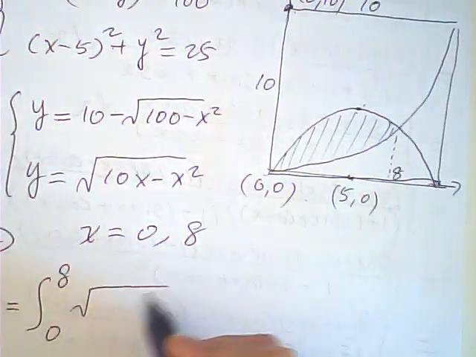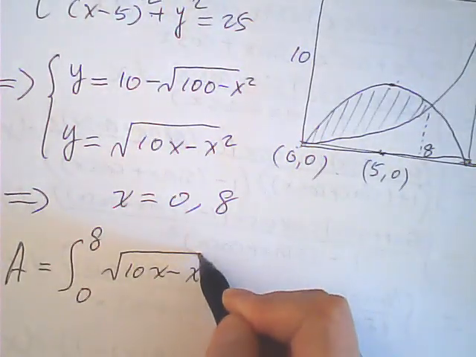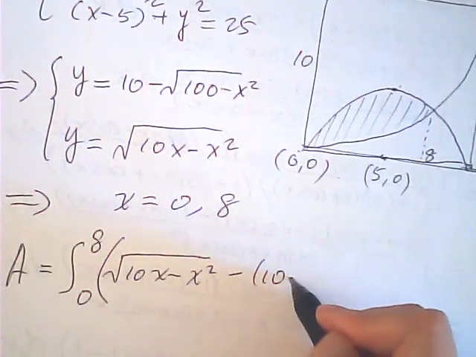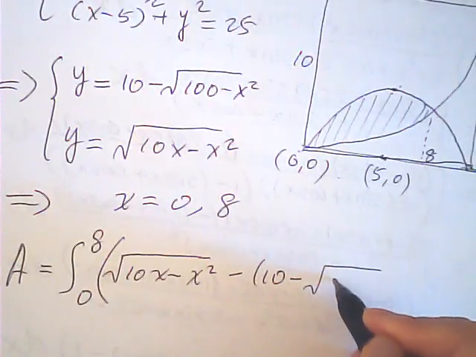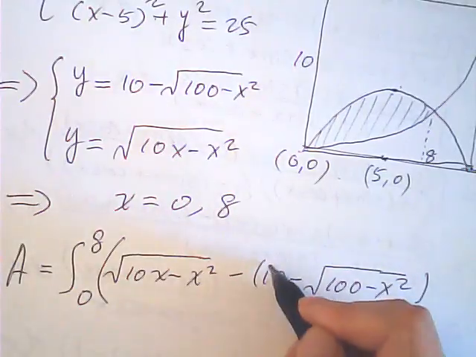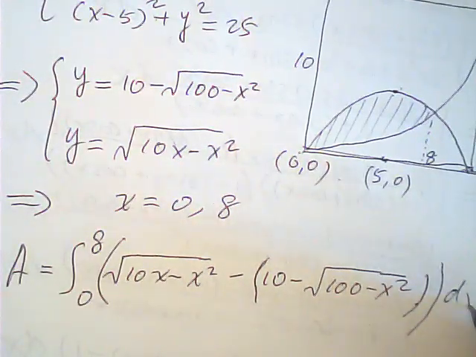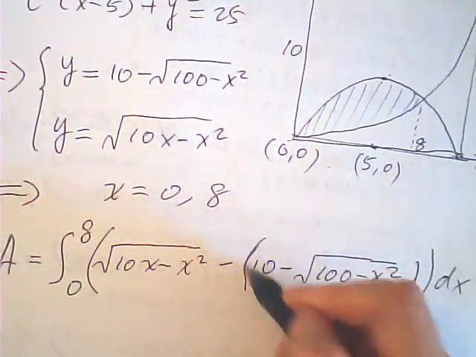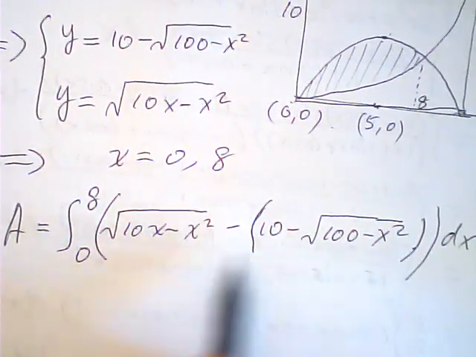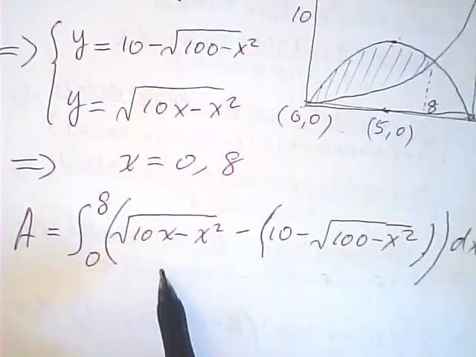So this function, the square root of 10x minus x squared, minus 10 minus this, dx. Well, I don't want to discuss details for the integration. They are rather easy to do because they're using